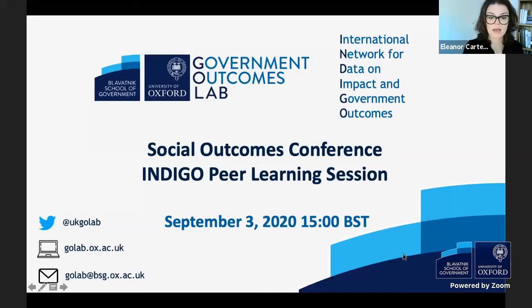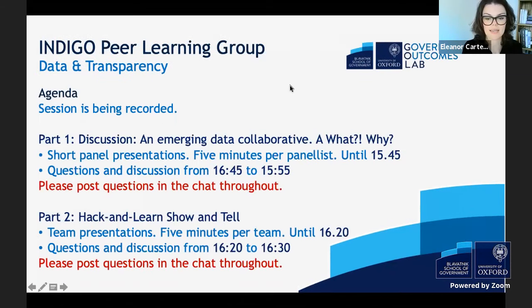We have a really fantastic group of contributors poised to share their ideas and insights today, sharing ideas on open data, data use and data collaboratives. Our agenda is structured in two parts. We have a slide that sets this out. In the first portion of the session, we'll be talking about an emerging data collaborative. So this part of the session is a kind of what is a data collaborative and why might we be interested in that. We'll have a series of short panel sessions of 5 minutes each,